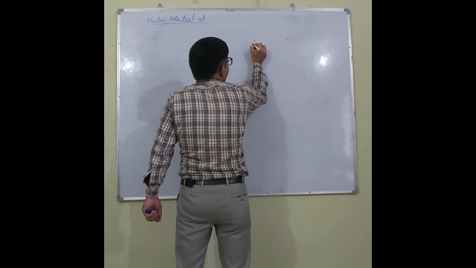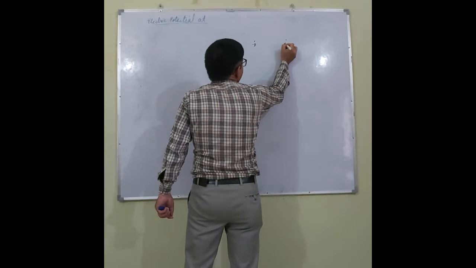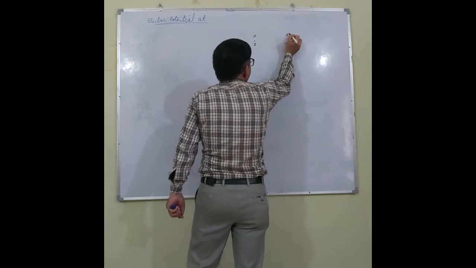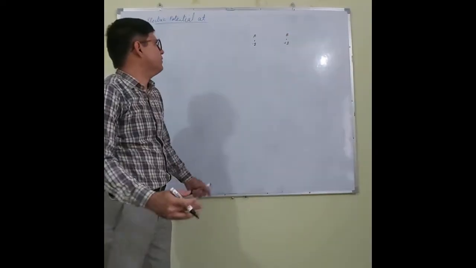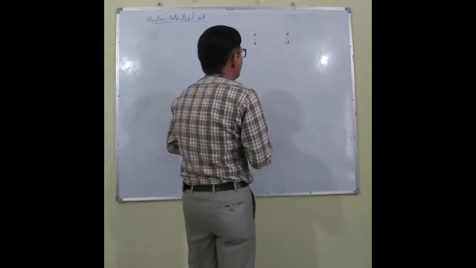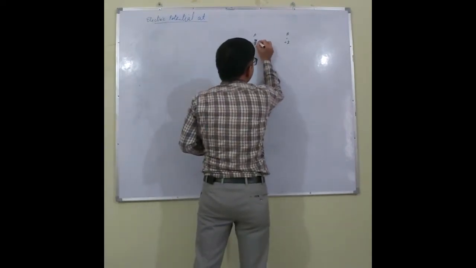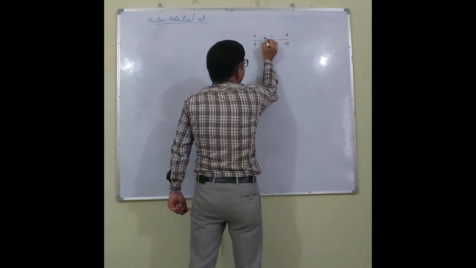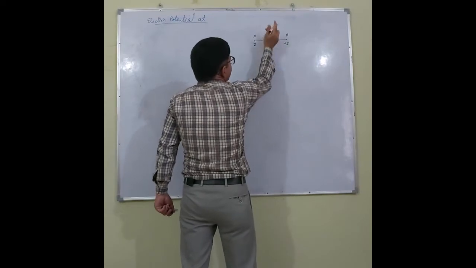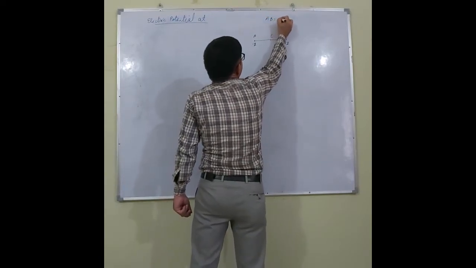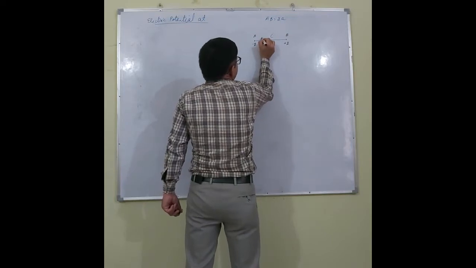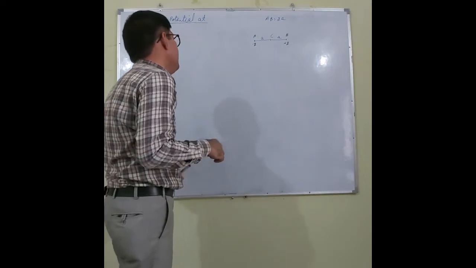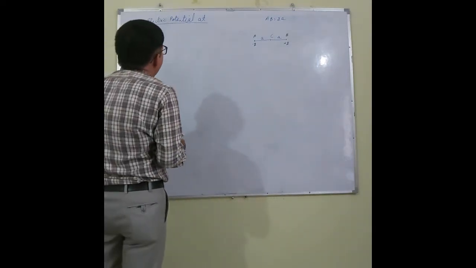Let us say here there is a minus q charge and here I am having a plus q charge. Let's say minus q charge is placed at A and plus q charge is placed at B. We have taken the separation between these charges as 2a. If C is the midpoint and the dipole length equals 2a, then AC will be a and BC will also be a.